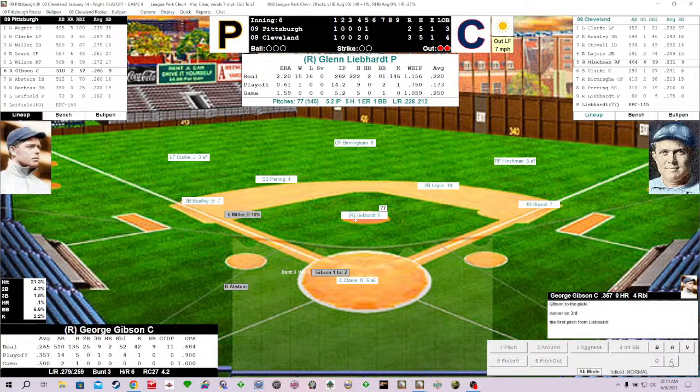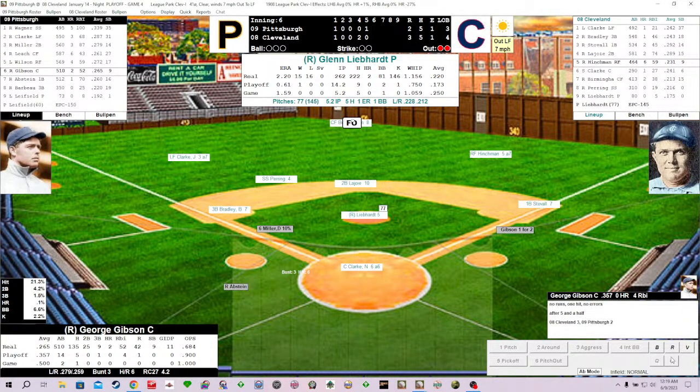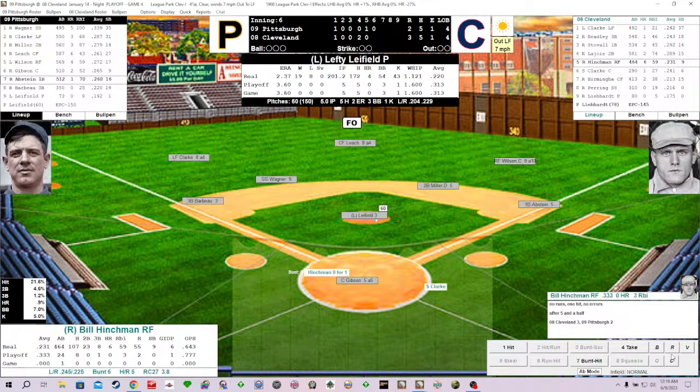Liebhart from the stretch. And the pitch. Gibson swings at the first pitch. Birmingham going back. This one deep. And Birmingham against the wall makes the catch. And the Bucs are turned away. So no runs and 1 hit. There were no errors. We go to the bottom of the 6th inning. The Naps 3 and the Pirates 2.